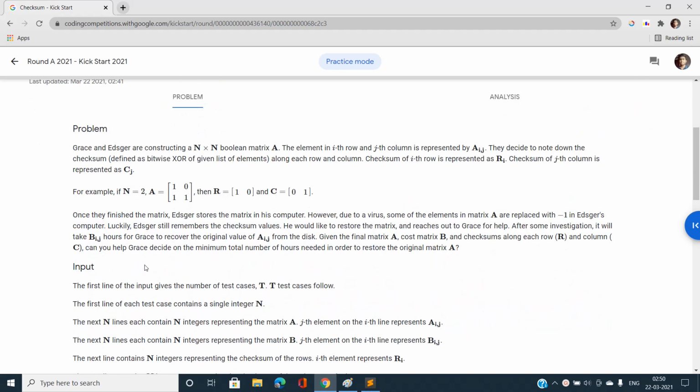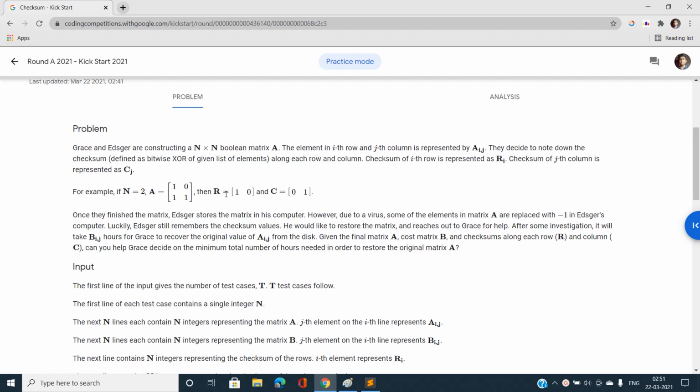Till now I have understood this question like this: there is a square matrix of size n into n, a Boolean matrix, and there are two arrays given also, array R and array C, where the ith element of R denotes the checksum of the ith row, and the checksum is basically the bitwise XOR of all the elements of a particular row.